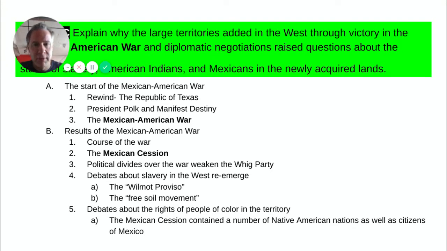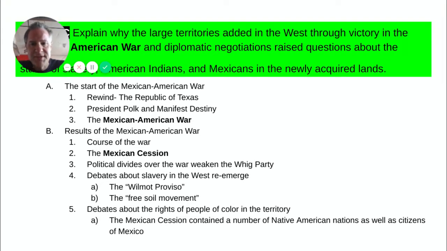Now, the problem with the Republic of Texas was when it joined the U.S., the Texas-Mexico border was uncertain. We claimed a border further into Mexico's territory than they agreed to, and they claimed a border further up into Texas than we did. So there was this span of land that was disputed by the two countries.